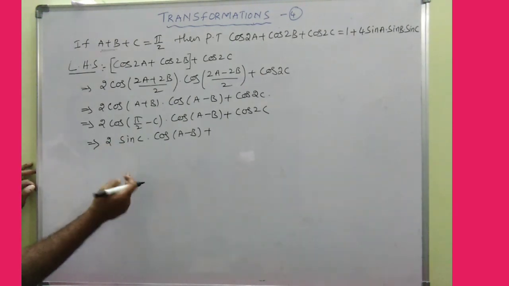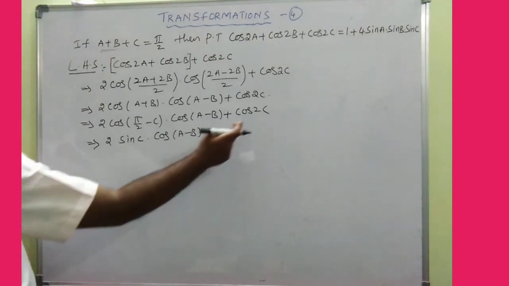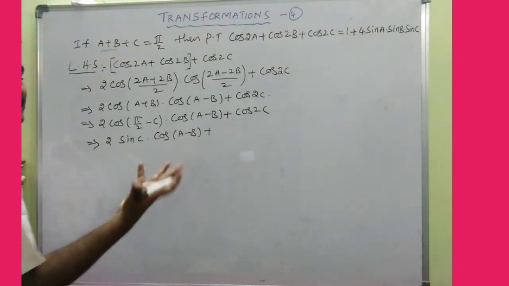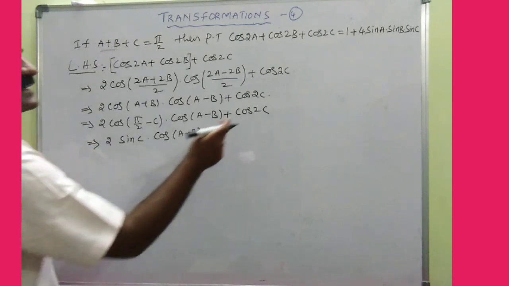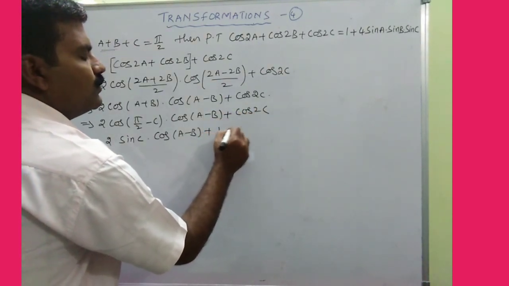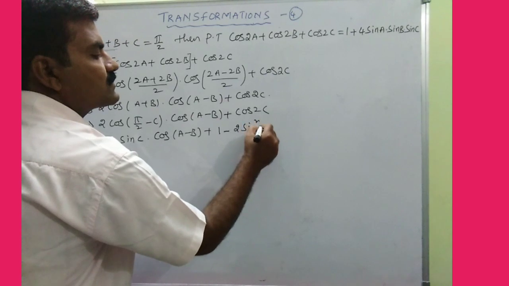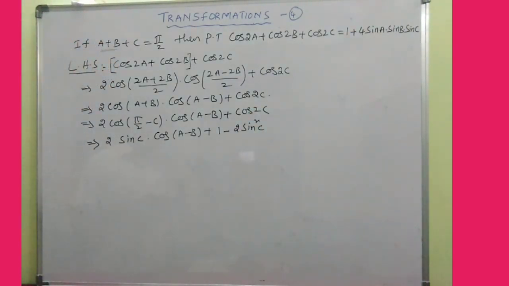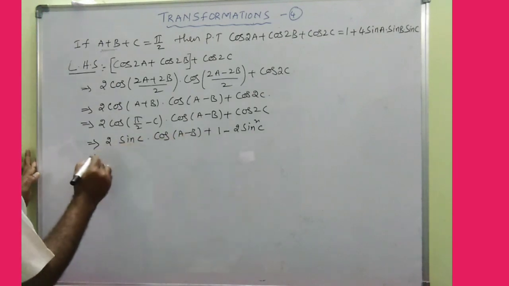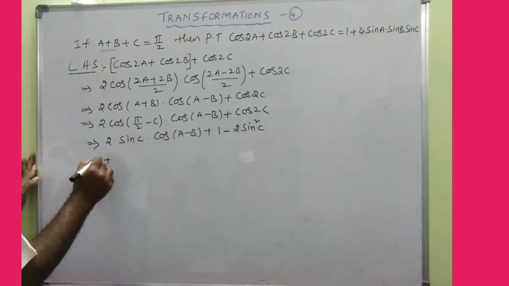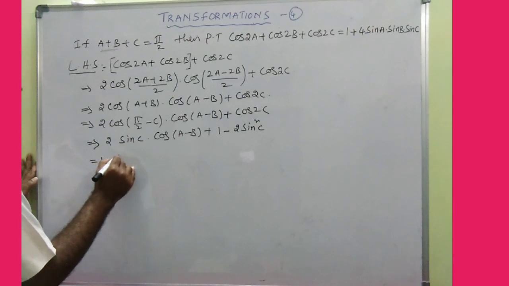Next step we need to take something common. If I write this in terms of cos, nothing is there to take common. That is why it is better to express this in terms of sine, that is 1 minus 2 sine square c. Formulas are most important. Although we are in transformations, we are again depending on the formulas of compound angles, even sometimes multiple and submultiple angles. Fine. So plus 1, I want to mention in the beginning 1, and from the rest 2, let us take